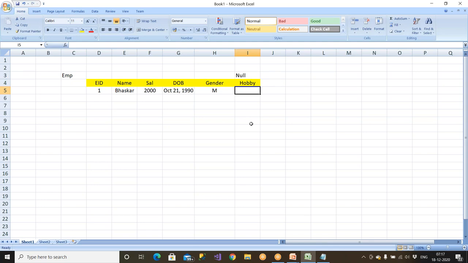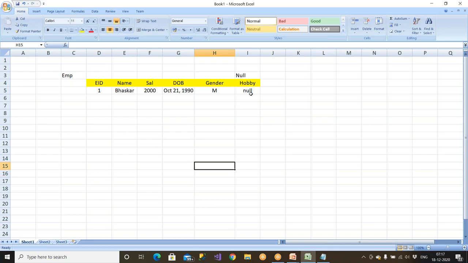So these are not star-marked columns. You sometimes see a star. What does star mean? Compulsorily you need to fill in the data there. So this one has no star, which means you need not fill in the data. You can simply ignore it and leave it. If you leave it, it is a blank value. SQL Server is going to insert null there. Null means a blank value.